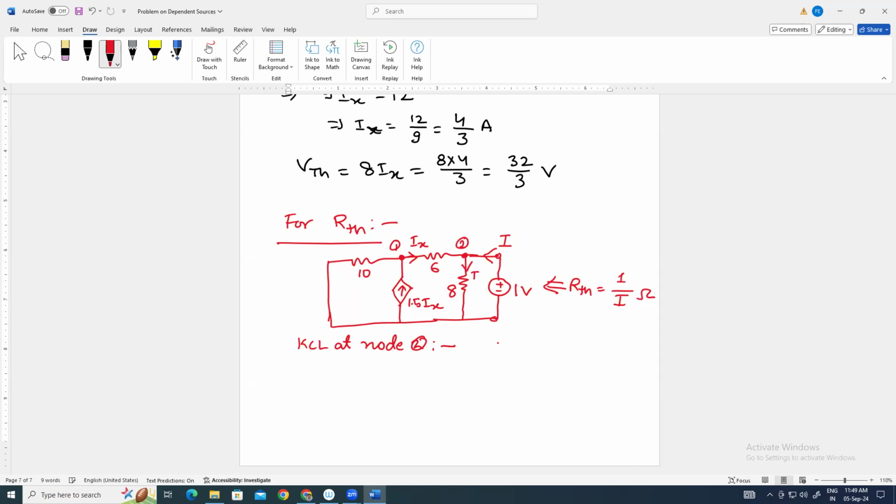अगर इसको हम assume करते हैं I1, इसको assume करते हैं I2। सो KCL at node 2, I1 is equal to Ix plus capital I, ठीक है। KCL at node 1,